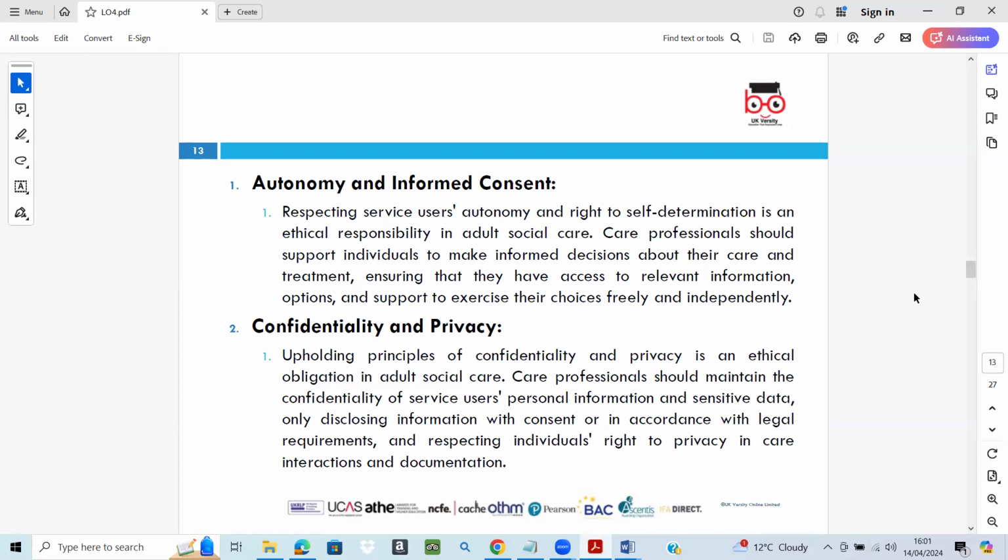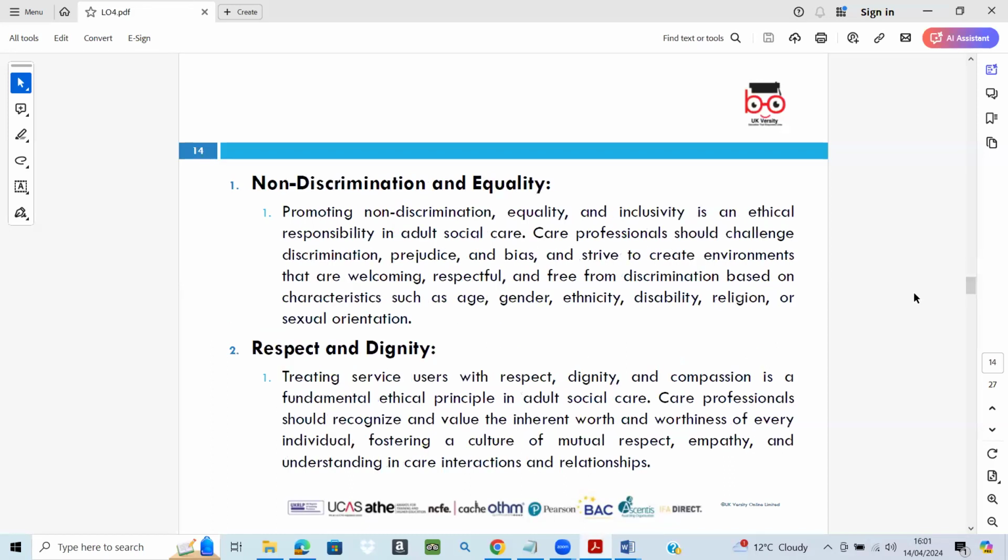And now what we have next is non-discrimination and equality, and respect and dignity. Promoting non-discrimination and equality ensures that all service users are treated fairly and equitably, regardless of their